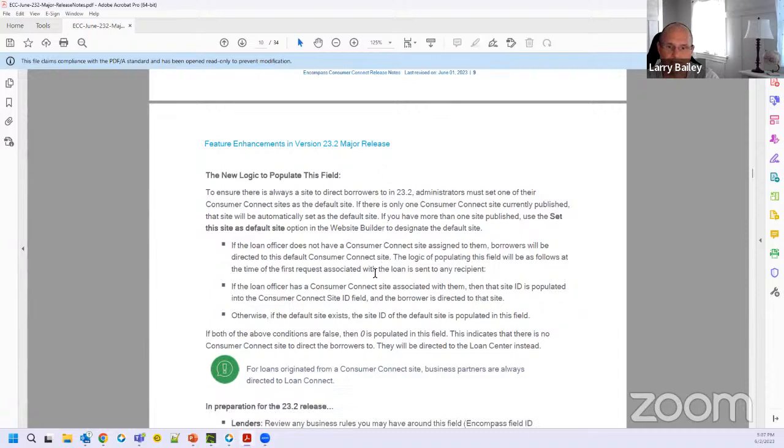So in any event, I want you to read these bullets on your own and make sure you understand them, because if both conditions above here are false, 0 is going to be populated in that field. And historically speaking, Encompass admins don't like 0 in there. When we look at our pipeline reports, we want to make sure that there's always a value in Consumer Connect site ID. So what this logic is saying is like, hey, listen, that's true if you've got a loan officer